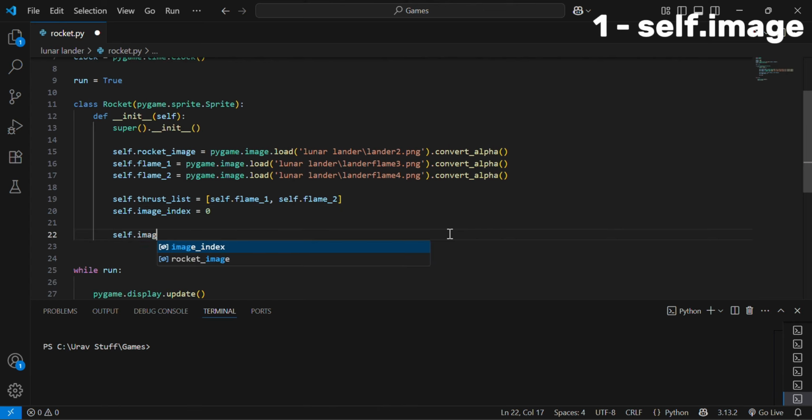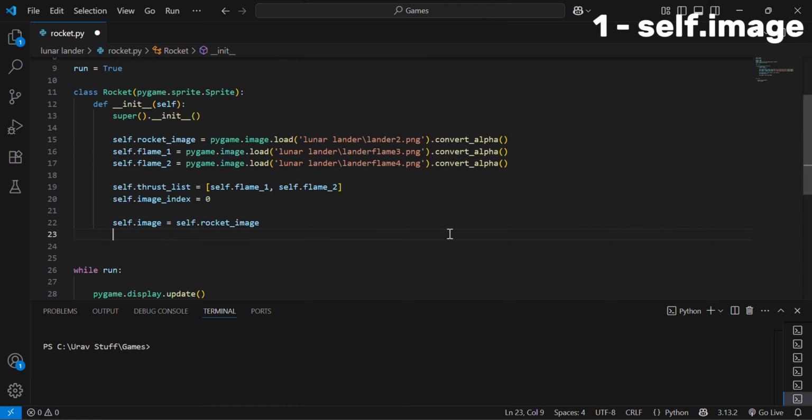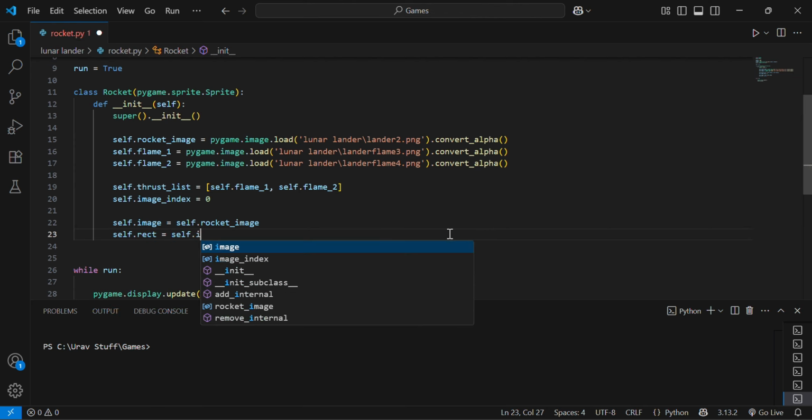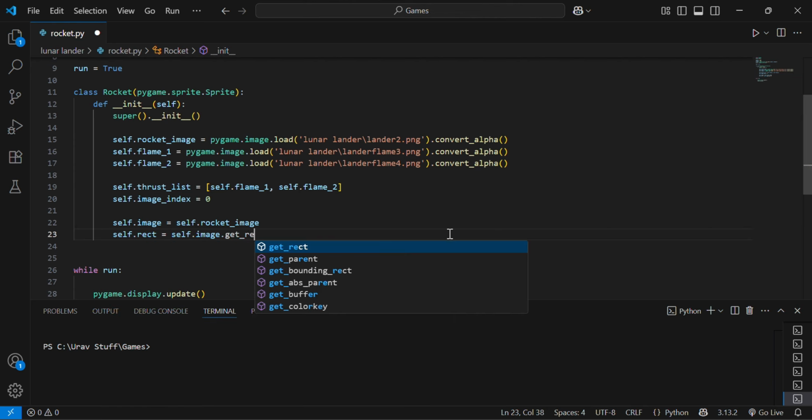So self.image, and it has to be named image. And I'll set it equal to self.rocketImage for now, because that's the starting image. And the rect attribute, which is going to be self.rect, again has to be called rect. And I'll set it equal to self.image.get_rect. And I'm also going to give it coordinates, so I want it to start at the bottom middle of